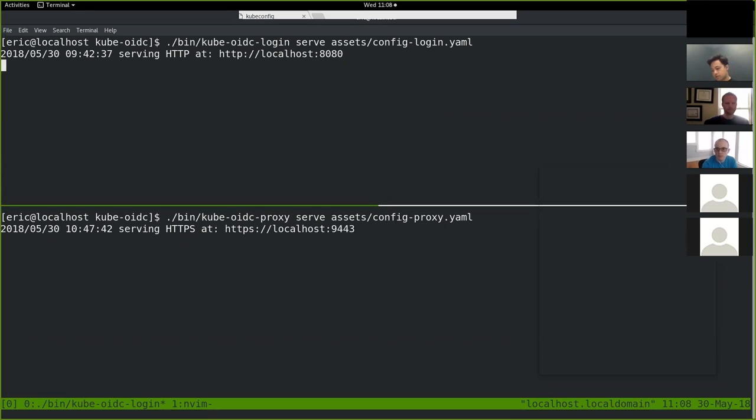It actually uses the same logic that the Kubernetes internal API server uses to authenticate the ID tokens. It authenticates the ID tokens and then uses impersonation headers on the back end to talk to the API server. So that means that I logged in using my OpenID Connect token. It authenticated me, used impersonation headers. And the nice part about this is that I do not have to configure my API server at all